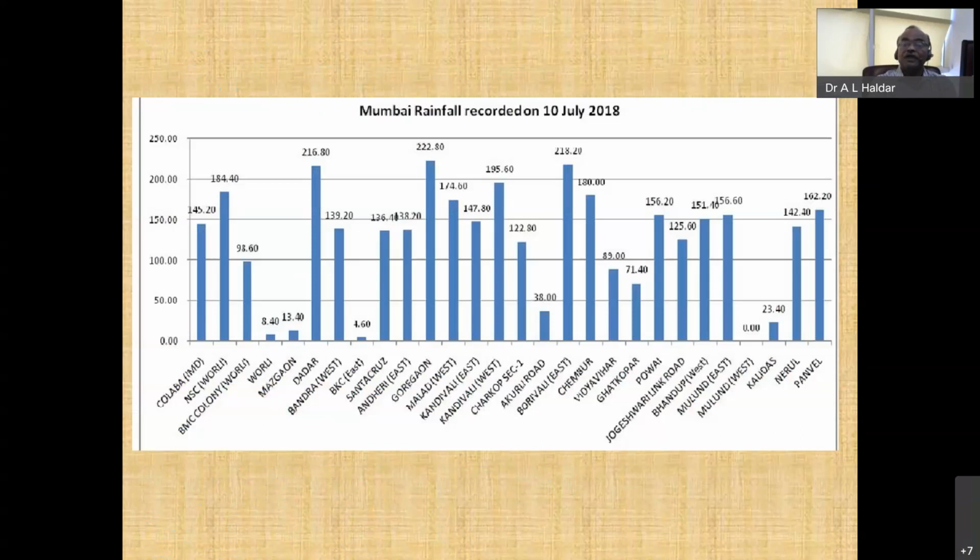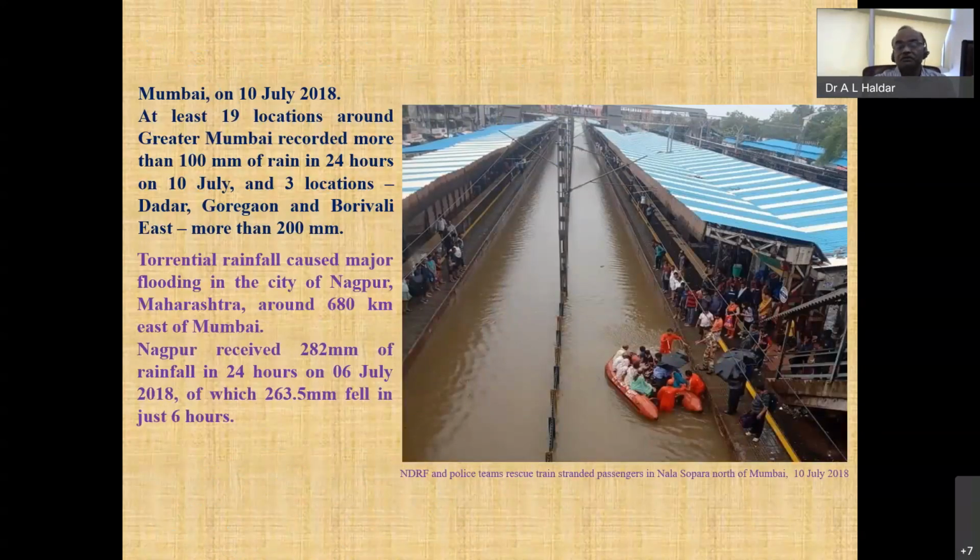The statistics in 2018, 10th July. So these are the cities called. Here in a day, in July, 80 millimeter rainfall was there. That was in Gurgaon. Similarly, 280 millimeter. It means that the flood intensity and rainfall intensity have been increasing day by day, from 2005 onwards. You see that scenario in the area.